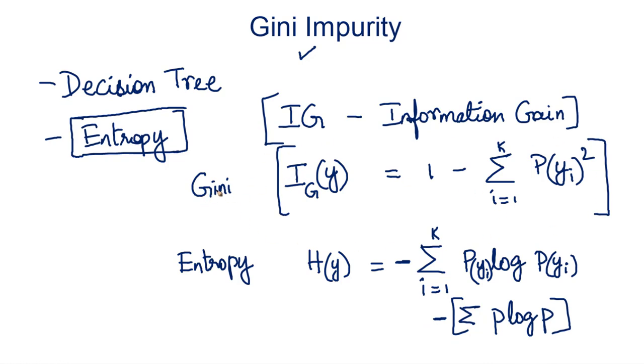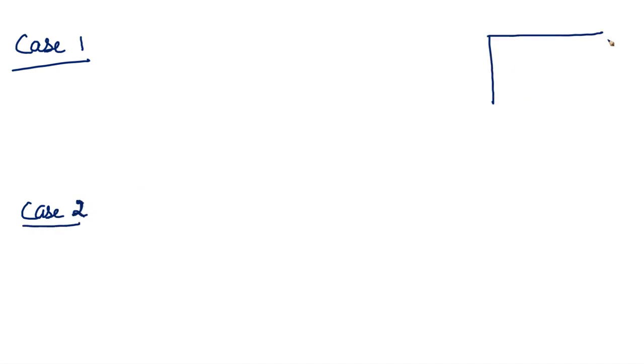Looks to be too much math here, so let's understand all of this with clear examples. Let's take two cases for this, case 1 and case 2. For these cases, let's imagine a data set where your y variable is a binary categorical variable. Your objective is to predict this y. It takes the values zeros and ones. All right, only two different values, two different categories.